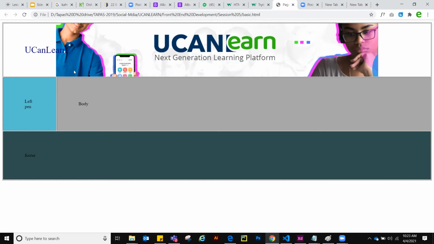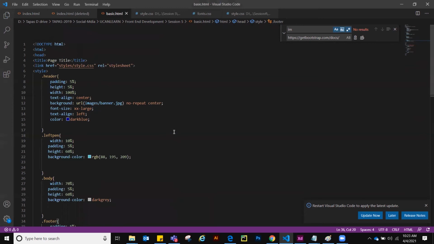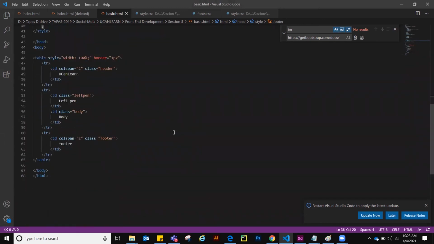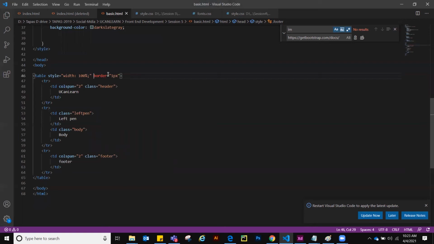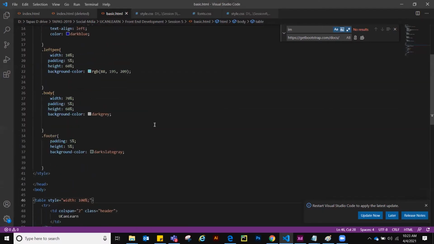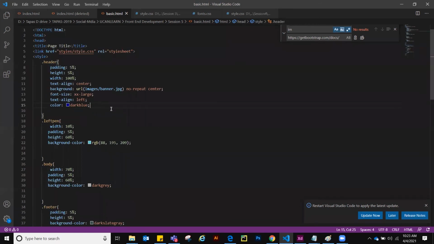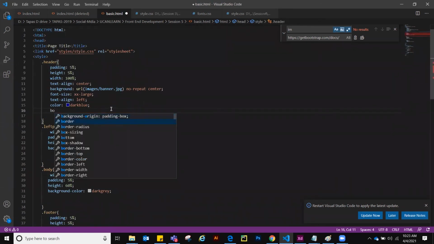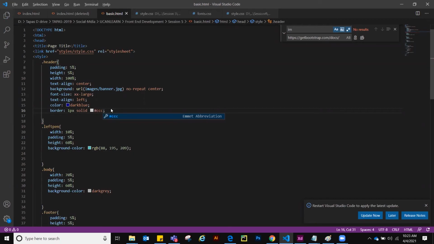Now I don't need this border. This is not looking good, so I can remove the border from here. This is not required actually. Instead of that, if you want a border, you can add it over here: border 1px solid gray.